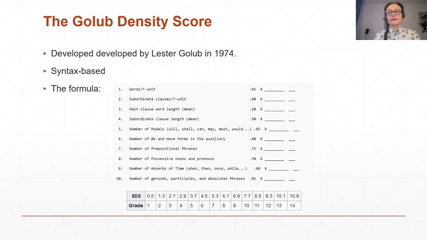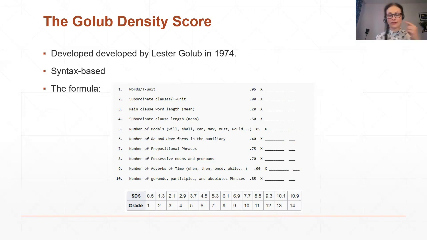And other syntactical units are then counted and entered into the table, the one we see on the screen. And each word count is weighted and the results are added together, and the sum is then divided by the total number of T-units. So then the final score is compared with the grade level in the table that we see below. As we can see, it's quite complicated, and it's not that easy to use. And remember, it was computed by hand manually. And it's still used today.